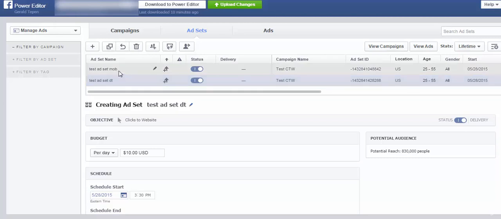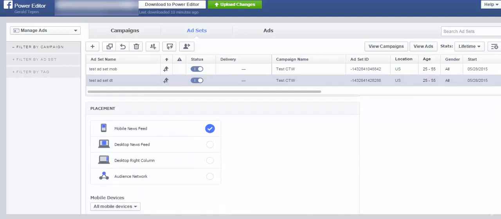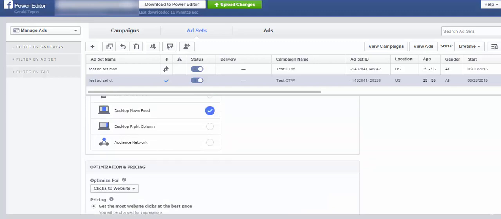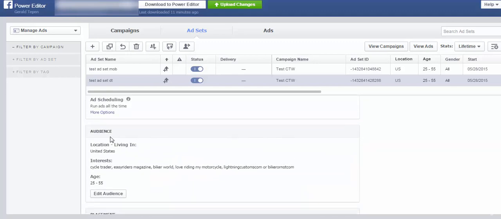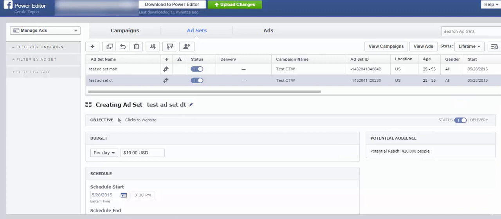Now, since we duplicated the mobile ad set, this is going to be set to deliver on mobile newsfeed. So you need to make sure to come down to placement, and if you're split testing between mobile and desktop newsfeed, you need to check desktop newsfeed and uncheck mobile newsfeed. You'll still see it's clicks to website. It's brought in our interests and our ages, so you don't have to change any of that. So that's how quick and easy that is to set up